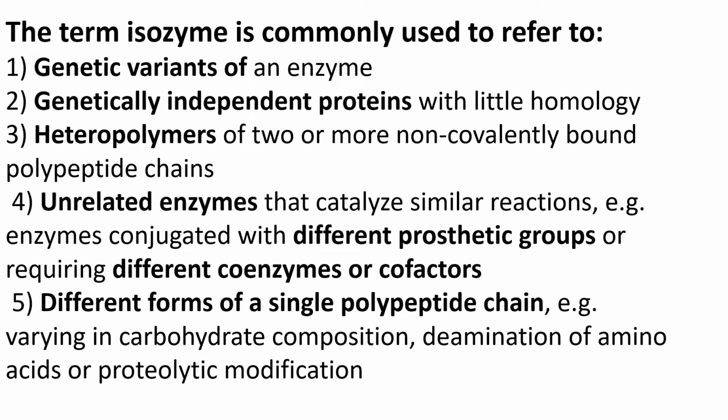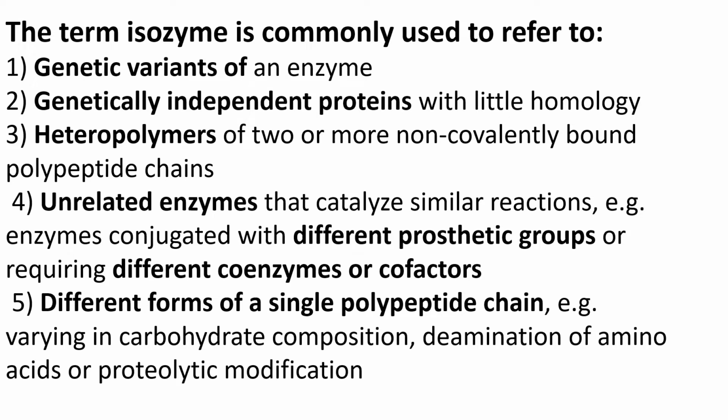A coenzyme is mostly a water soluble molecule, and it is involved in the transfer of a functional group, or in the transfer of reducing equivalents. And usually the prosthetic groups are coenzymes which are covalently attached to an enzyme. As far as the cofactors are concerned, they are usually minerals or metal ions like copper, iron, zinc, and we have just discussed metabolism of these minerals in the previous module.